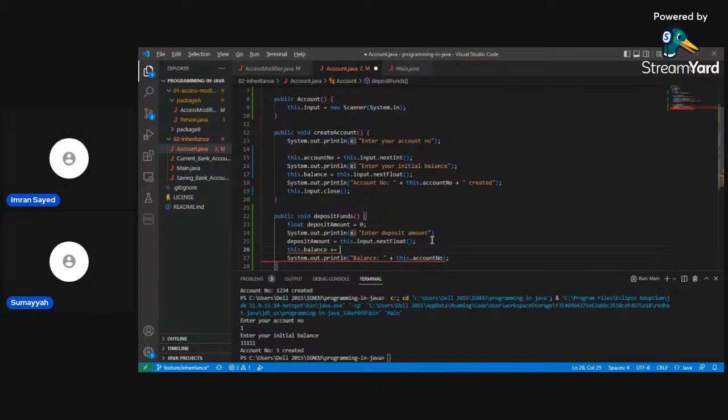Deposit amount. I think it'll be better to put the amount first and then say deposited.